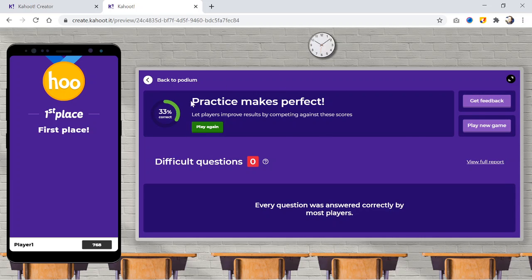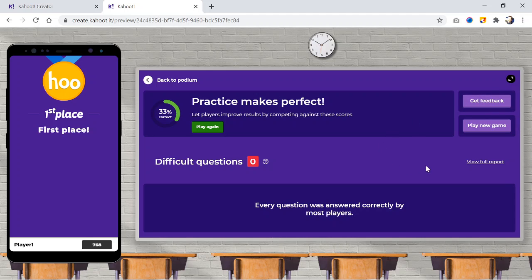You can see the difficult questions that were answered correctly by less than 35% of your participants. You may further allow your participants to play again or may get feedback on Kahoot.